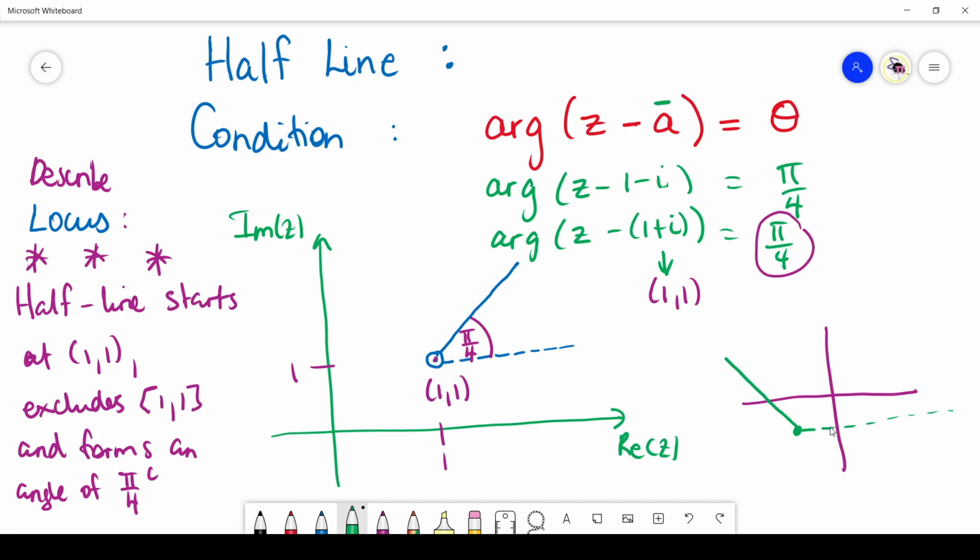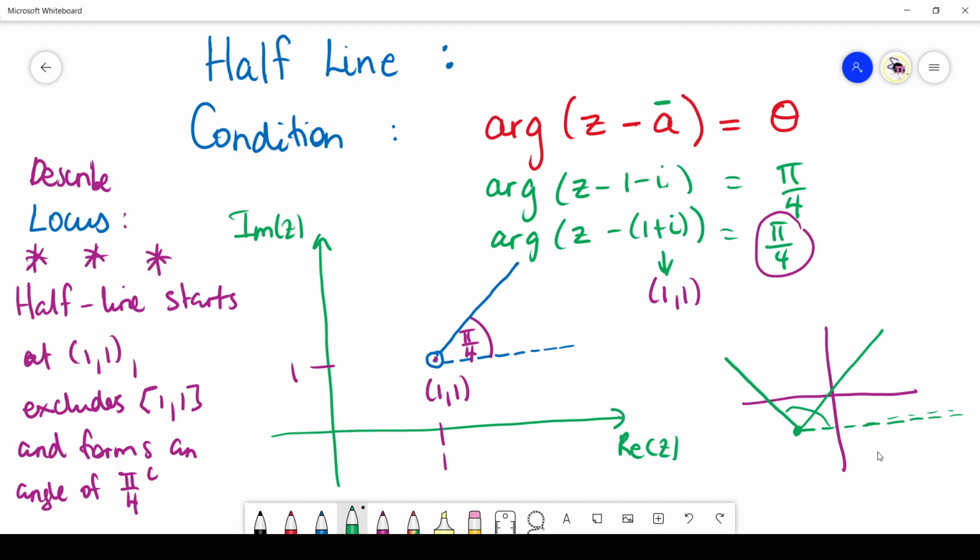Usually in this third quadrant, you could be given big angles like 3 pi on 2, etc. So it could go this way. Now you can also have it going this way as well, with smaller angles like pi on 6 and stuff like that. But once you see answers with this dotted line, or diagrams with these dotted lines, they're all considered half lines, okay? Where they start at a particular point and they make an angle of something to the real